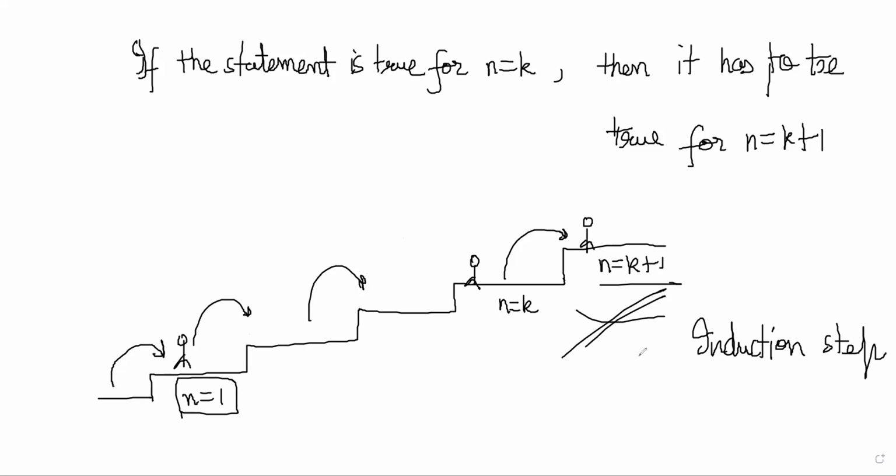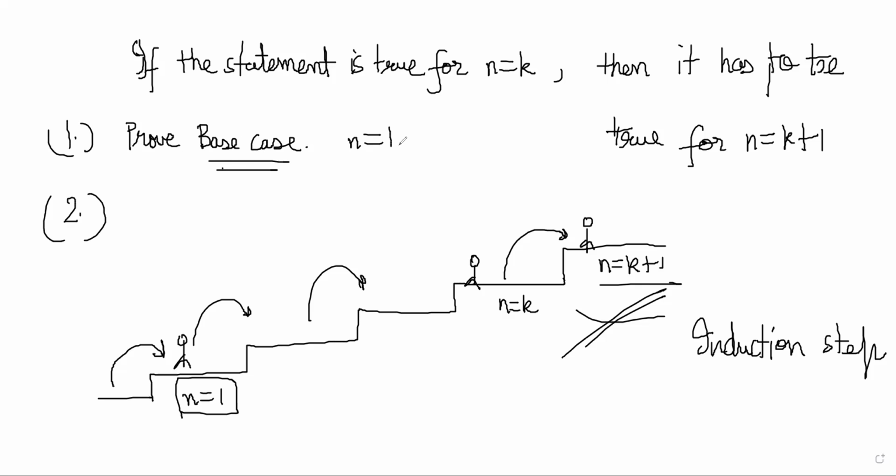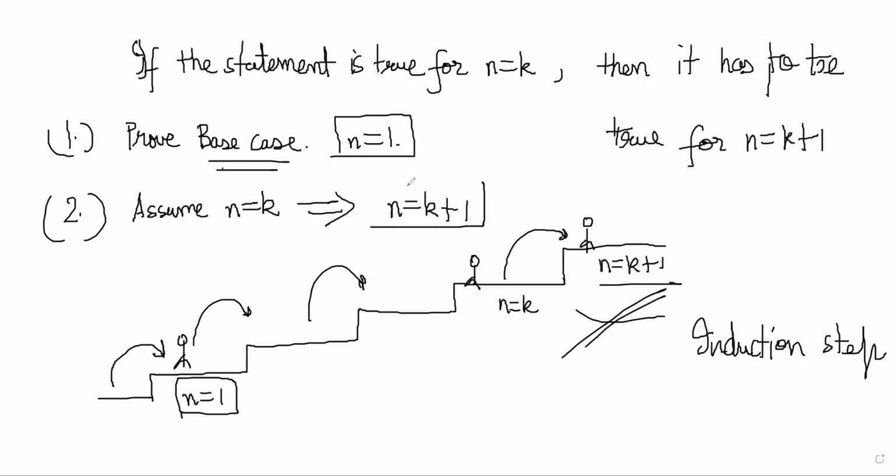Yeah, I get it. I've done something similar for another AP GP question where we had to prove like S n plus 1 and all that. So the idea of induction is that first you prove the base case. Base case means can you step on the ladder? Can you get on it at least? Base case is basically n is equal to 1 or some low value of n. And the next step is the most important step, which is saying assume it is true for n equal to k, and from there can you prove it for n is equal to k plus 1, whatever you want to prove.